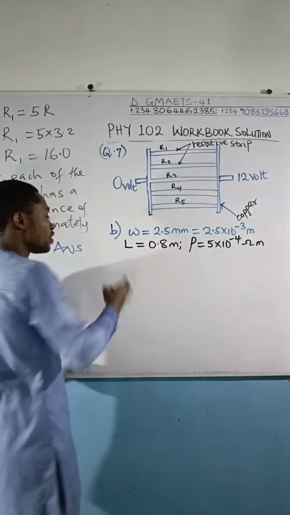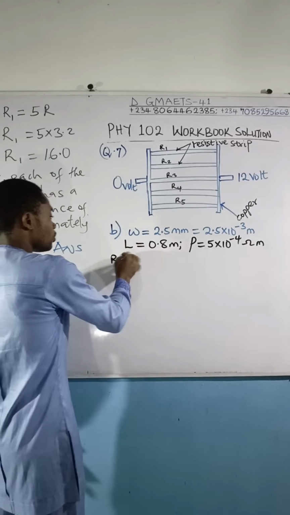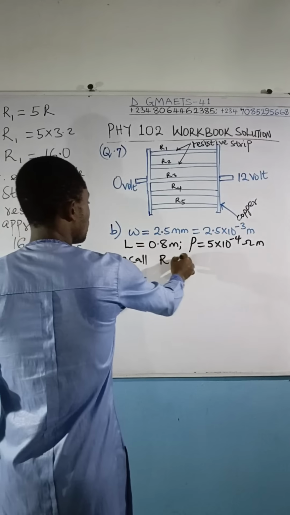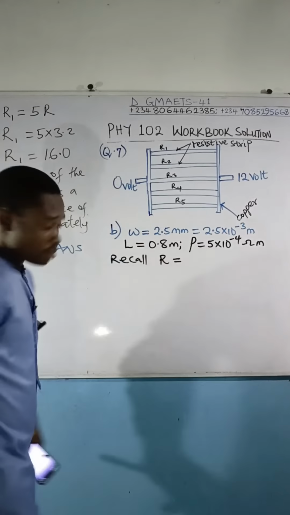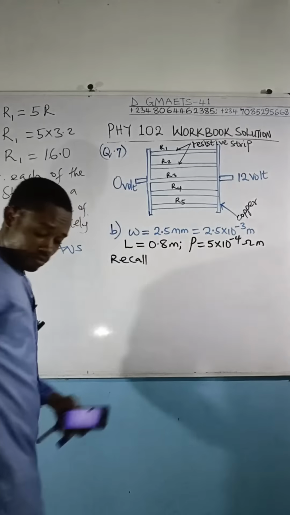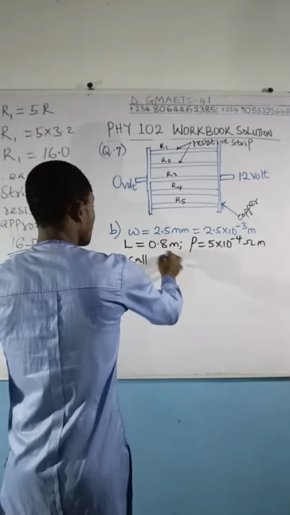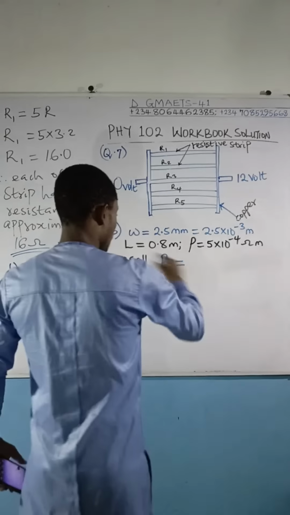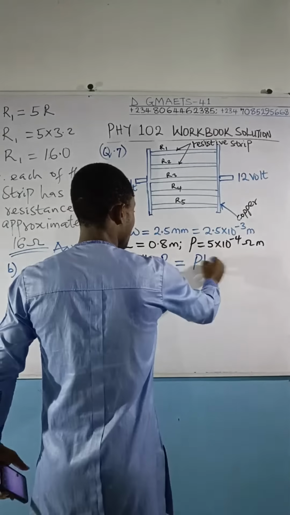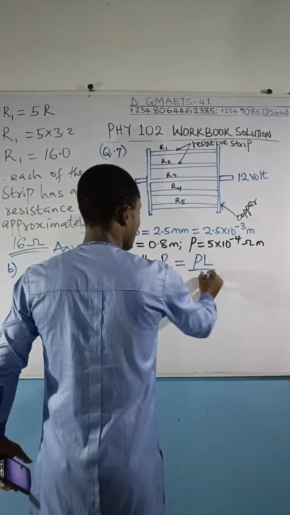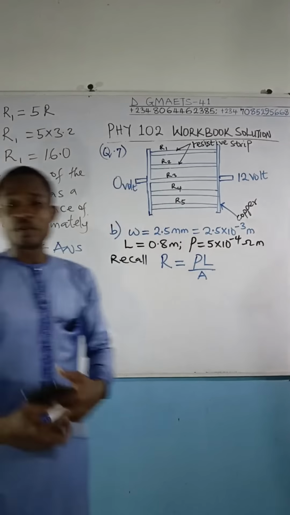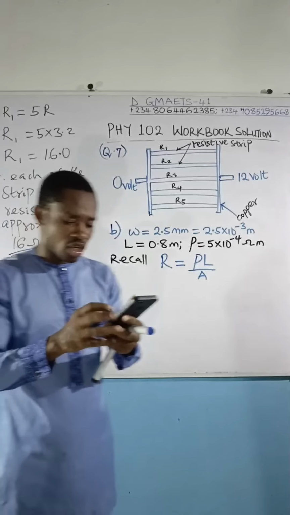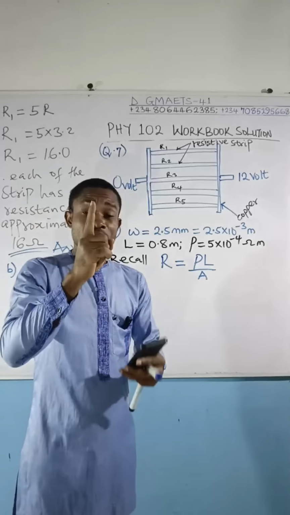And this goes with the formula. Recall that resistance of a material is equal to resistivity times length divided by area. This is the formula for resistance of a material. And good enough, we know the total resistance of the material from the question. The total resistance is